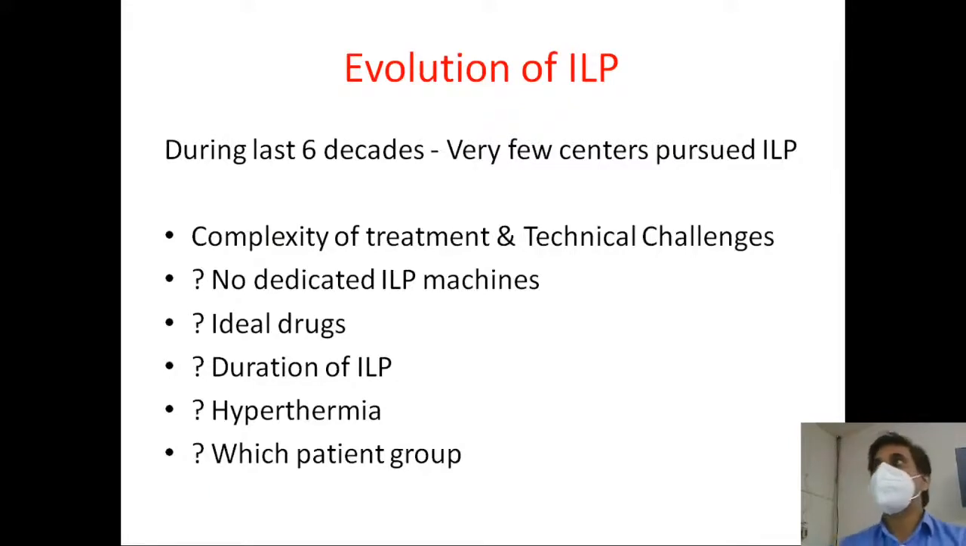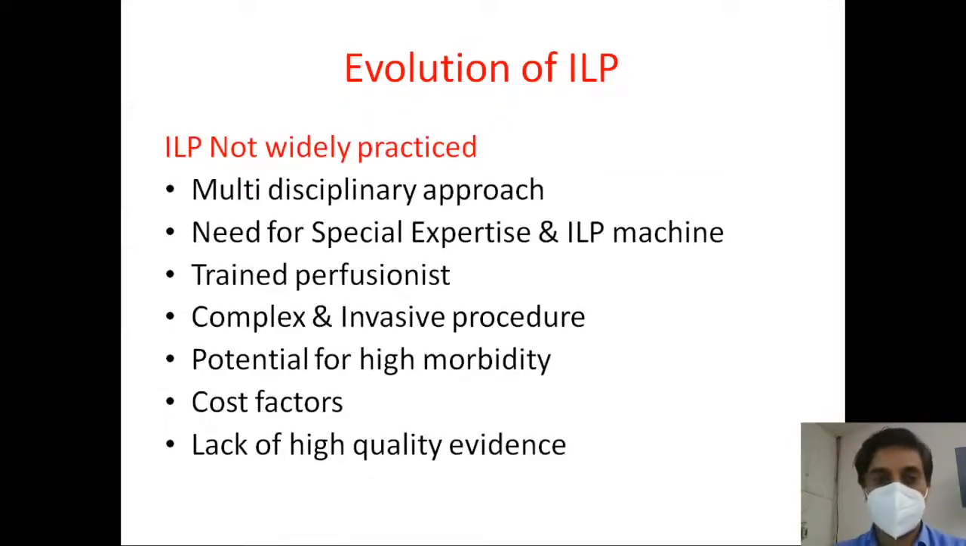But for the last 6 decades, ILP has been evolving. It is not an established procedure as yet because of the complexity of the treatment and technical challenges. There are no dedicated ILP machines in the market, there is a lack of ideal drugs, the duration and extent of hypothermia are not clear, and it is also not clear which patient group should be offered isolated limb perfusion. It is practiced only in certain institutions, and the institutions which perform it are not practicing it widely because it involves a multidisciplinary approach, and